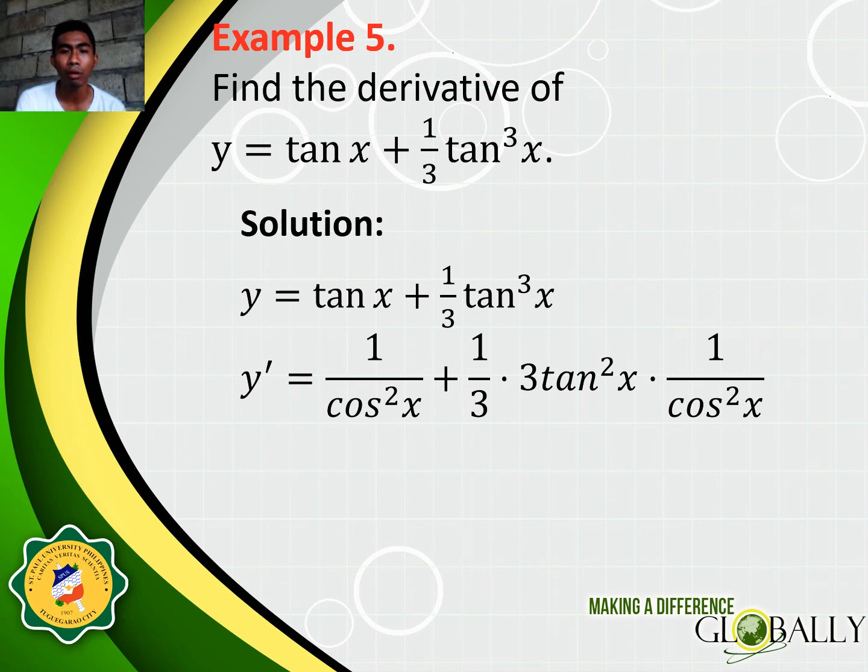Bring down 3 to the left side of tan, then subtract 1 from the exponent to make it 2, times the derivative of tan x, and that is